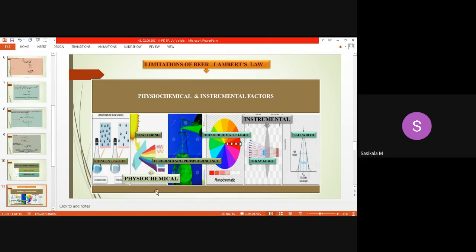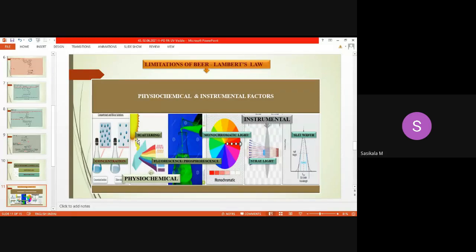So what are physicochemical parameters? First one is concentration. That's what we have discussed from positive and negative deviation. Even if the concentration is high, absorbance will decrease. Absorbance and concentration will not always be directly proportional. I said the concentration range is between microgram and milligram. If it is more than milligrams, then definitely absorbance will not be proportional to concentration. So we need to make very dilute solutions with less absorbing species. So concentration is the major factor that restricts the Beer-Lambert's law.